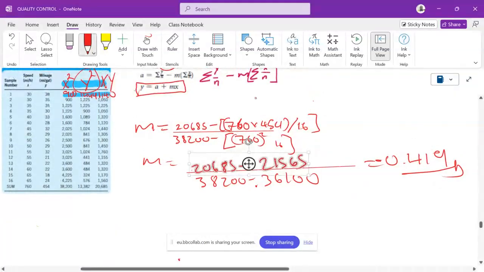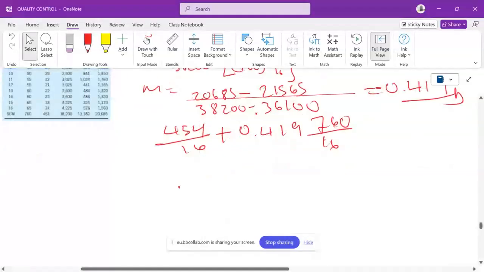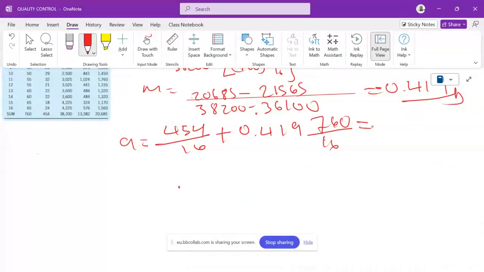It says sum of y divided by n. So your y is 454 divided by 16. Yeah, that's my 16 minus minus, so make it a plus 0.419. Then that's your x, which is 760 divided by 16. Then your a, it equals to, so now